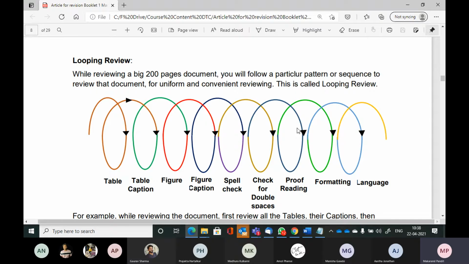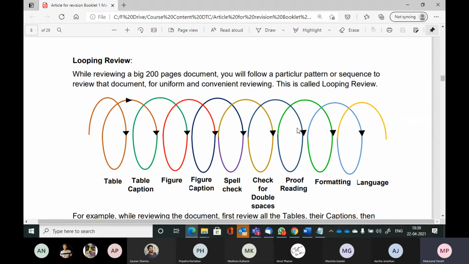And every time that you are going to sit for review, your mind is going to be in a different state. And because writing or conceptualizing of thoughts is an activity of the mind, it's not a purely mechanical activity. So depending on what state your mind is in, your quality of review may deteriorate or may go up. It's possible that in the first session your quality was very good, in the second session it was not all that great, third session again it was very good, and so on. All in all, at the end of it, maybe you have spent something like 15 hours on reviewing a 300-page document, but you can never be sure that you have done everything right.